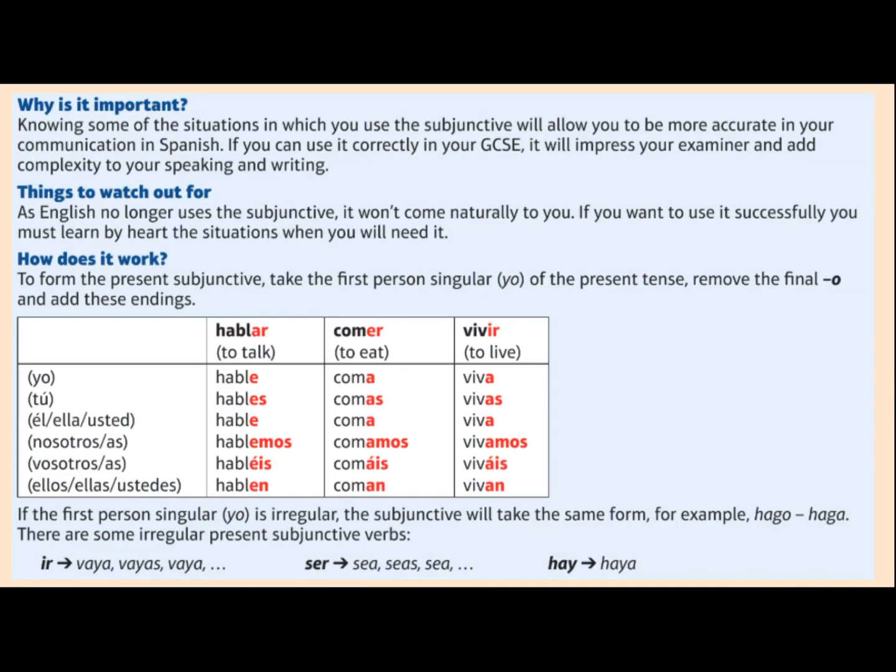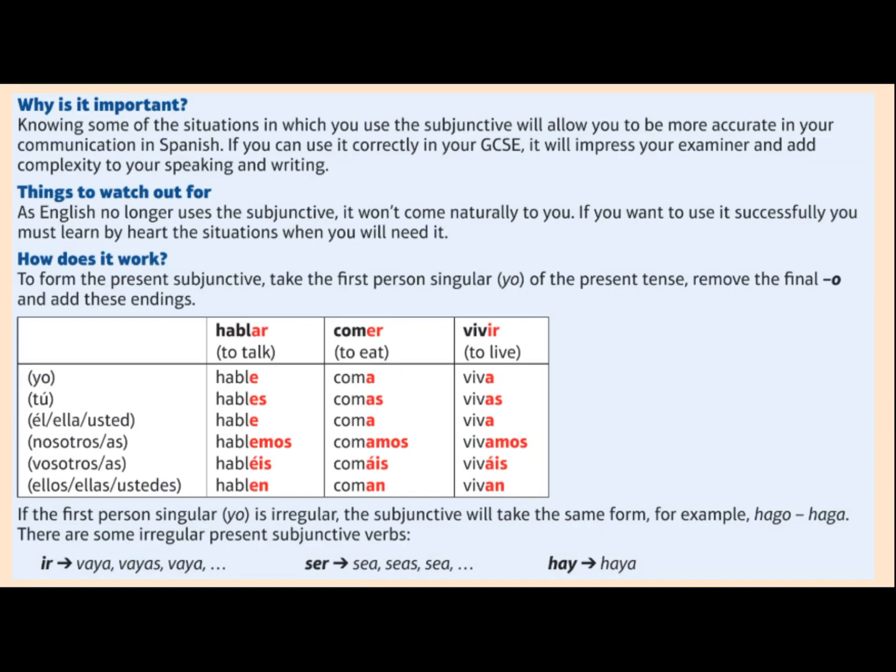So it's two parts before you even get to adding on the endings. First of all, you have the verb. You take off the AR ending for hablar. Then you add on the O ending. So hablo, the first person present tense. To put it into the subjunctive tense then, for the I, you singular, he, she, it, we, you plural, they, for AR verbs, so verbs like hablar, you add e, es, e, emos, éis, en, okay?